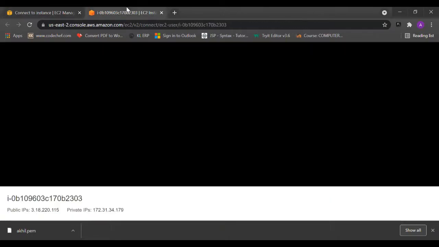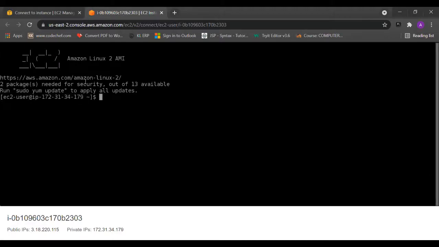It will take some time because of our low internet bandwidth. After the page loads, you can see our Amazon Linux console is ready. Now we are in user mode. Now we have to change from user mode to root mode.